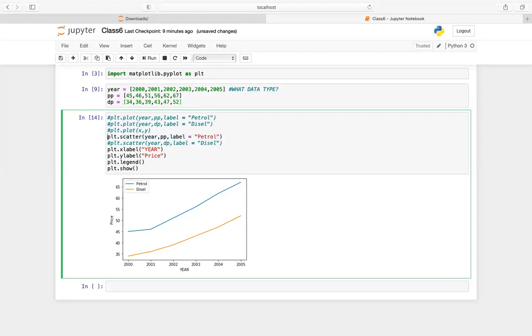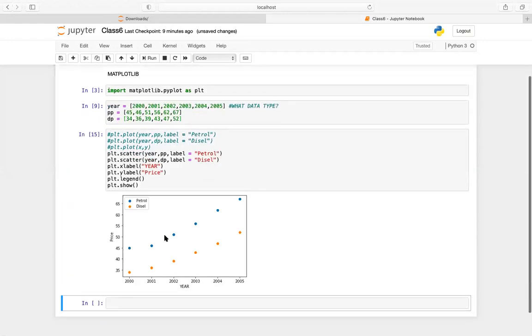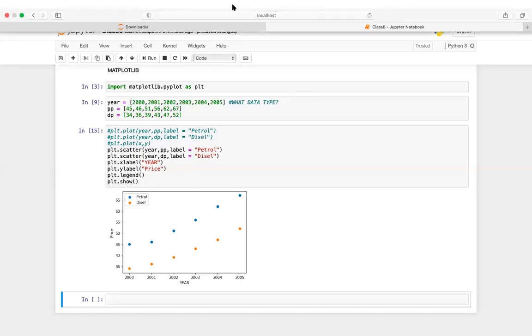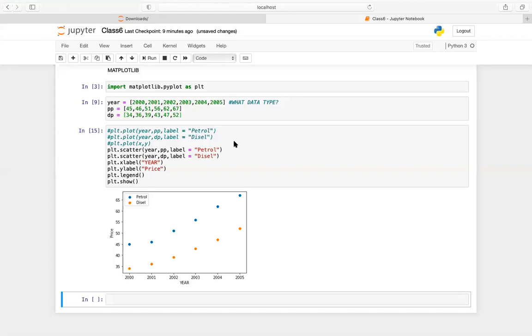So you can see that you should be able to label both the data points uniquely and separately. These are very basic things that I'm showing you, but remember, this comes very handy when you have different data types to deal with. So yeah, this is one of the things.